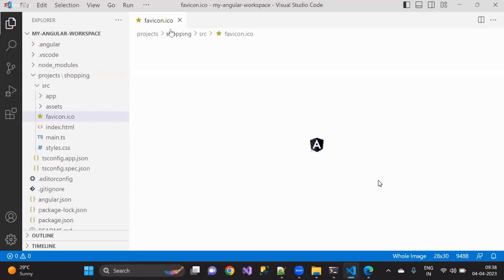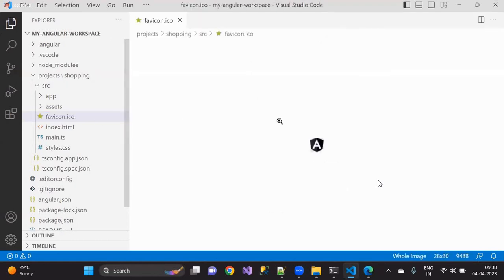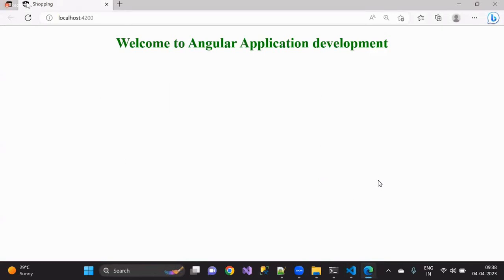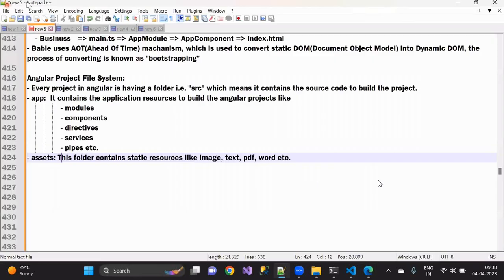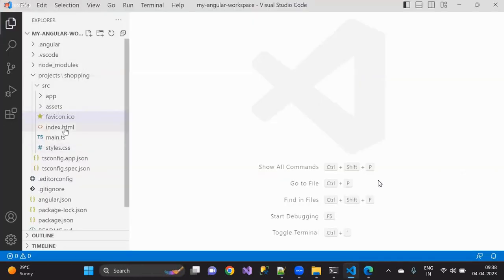Generally we call it a fav icon. This is that icon that you can find over there. It is not much important. Leave it. And after that, here you can see we have